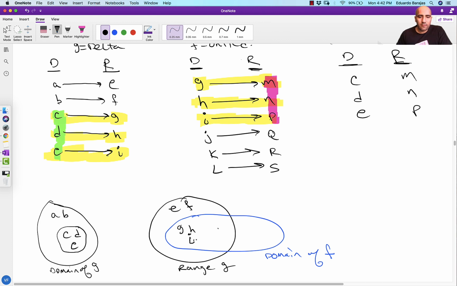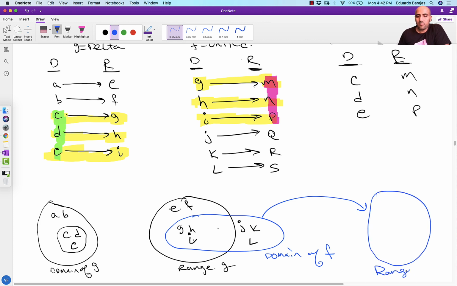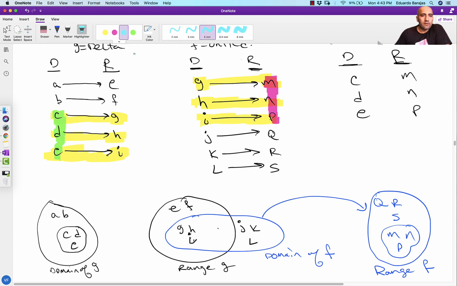and the domain of F has the G, the H, and the I, but it also has a J, a K, and an L, right? And then all of this leads to over here, which is going to end up being the range of F, right? And so we have the M, N, and P, kind of special there. And then we have a Q, R, S, also there. Okay, and so what matters is that now, as far as the composition of function goes,